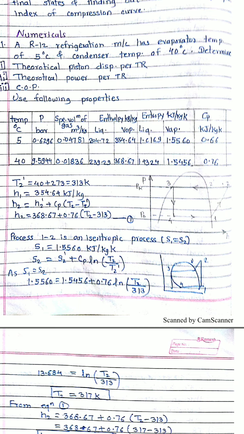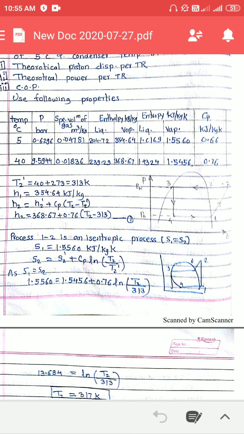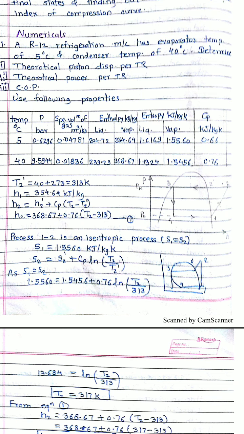But in between, the constant pressure heat rejection line is also intersecting the saturated vapor curve. There we have marked 2 dash. Again, 3 to 4 is the throttling process and 4 to 1 is the constant pressure heat addition process. So the pH chart is drawn. You can also draw the TS diagram as well. That diagram will be the same as it is. Just here we have added one more point, that is 2 dash. 2 dash is the point where the condenser pressure line intersects the saturation vapor curve.